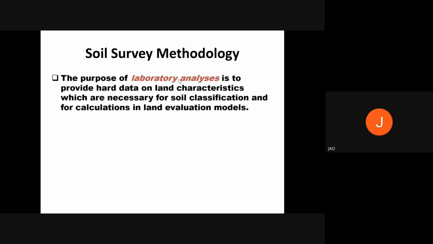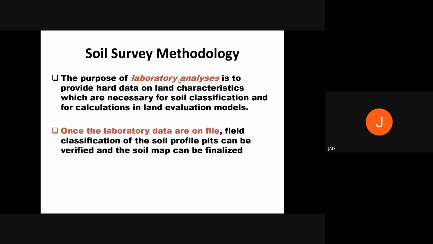You look at the soil catena all over the place, and use other land evaluation models to develop soil maps for a particular location during the survey process. Once the laboratory data are on file, field classification of soil profile pits can be verified, and the soil map can be finalized. And field operations,